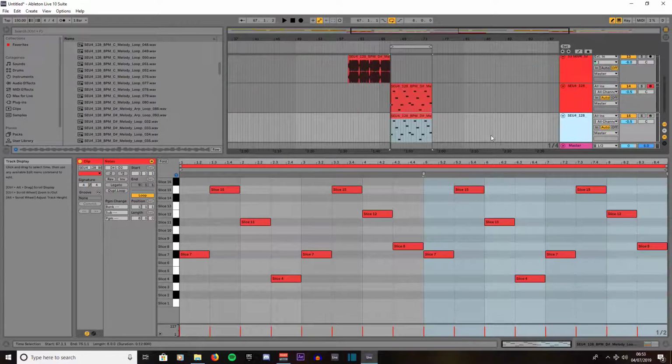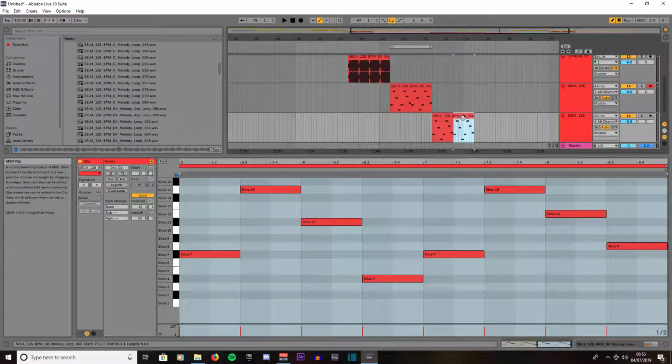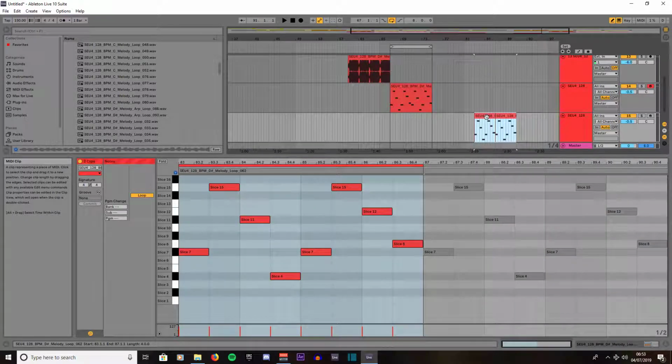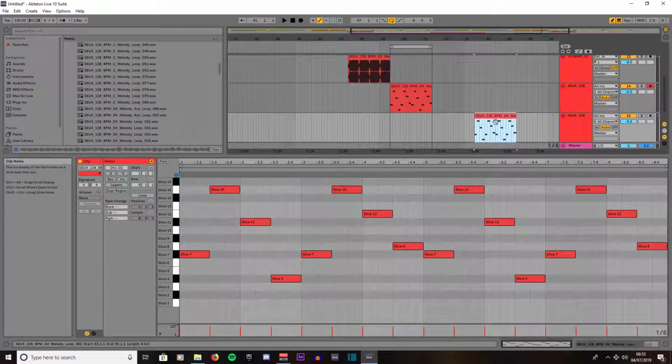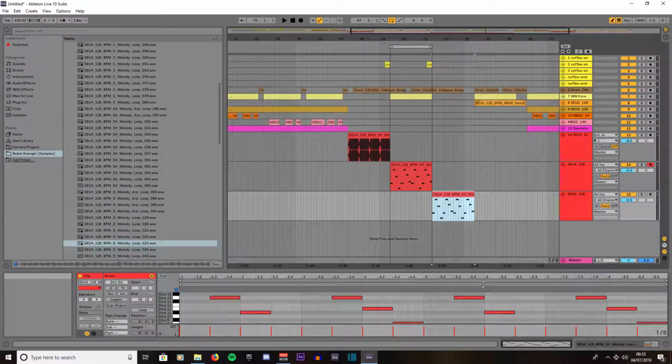Click on duplicate, drag it out, then highlight the last 4 bars of the MIDI clip, drag it out, then swap them over, then hold down Control and click on that one, right click, go to consolidate so we can join them, then drag it back into position. Then what we'll do is we'll drag that down,